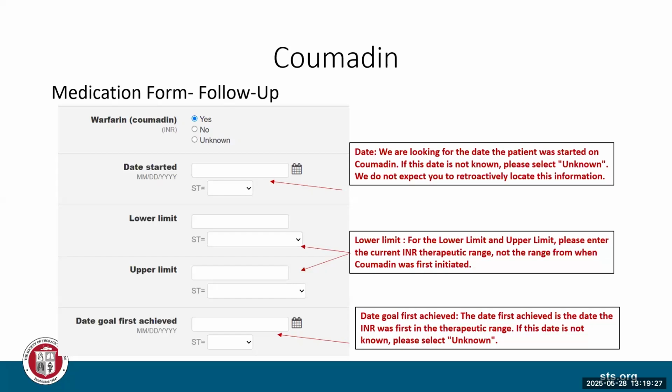The date that first goal of 2 to 3 was achieved, which doesn't make sense to me, because what does that matter if on January 1st your INR is 2.1, so you would put in January 1st, right? Yes. But what does that matter if January 2nd it was 1.1? Agreed. So that's why I don't know how you're going to use this data, because it doesn't tell you much. It just tells you when you hit the goal. It doesn't mean that you would maintain that goal.